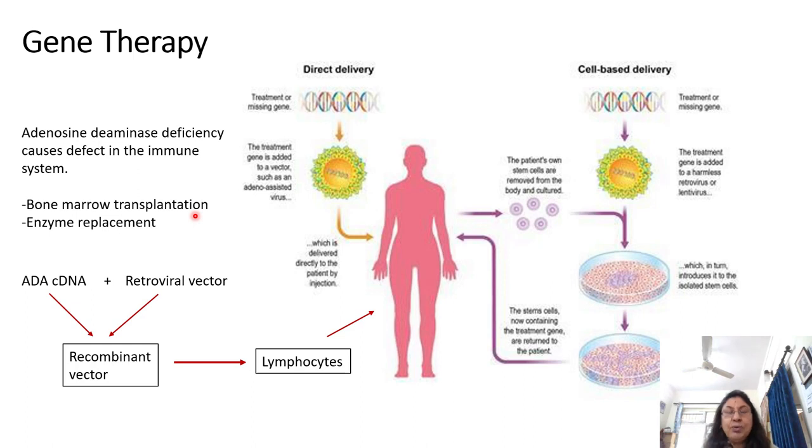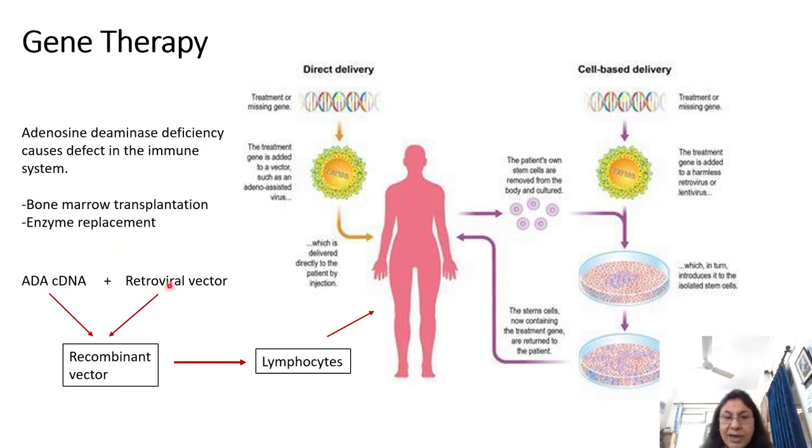So this bone marrow also has normal lymphocytes in it, so it is capable of making this adenosine deaminase. That is how you are going to be able to make this person healthy by doing a bone marrow transplantation. The second way is enzyme replacement. That is, the person can be given injections of adenosine deaminase from time to time, so that the person is able to make up for the deficiency that they have. Okay, but none of these are viable on a long-term basis. Okay, so what has been done now?